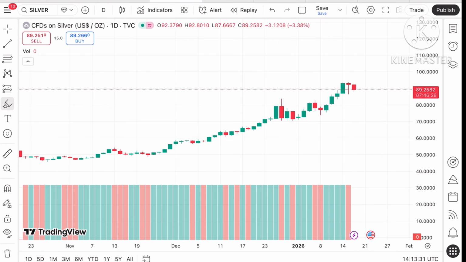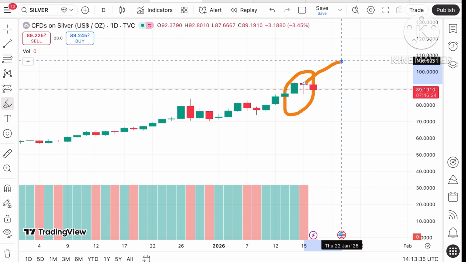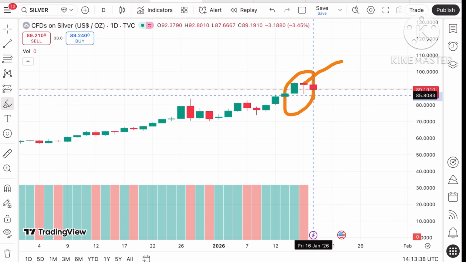Coming back to the day-wise chart, we have seen that it is trying to form a candle where the bottom is the